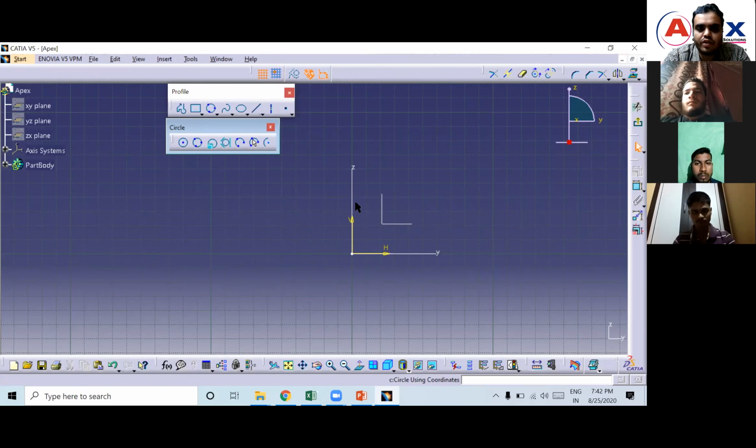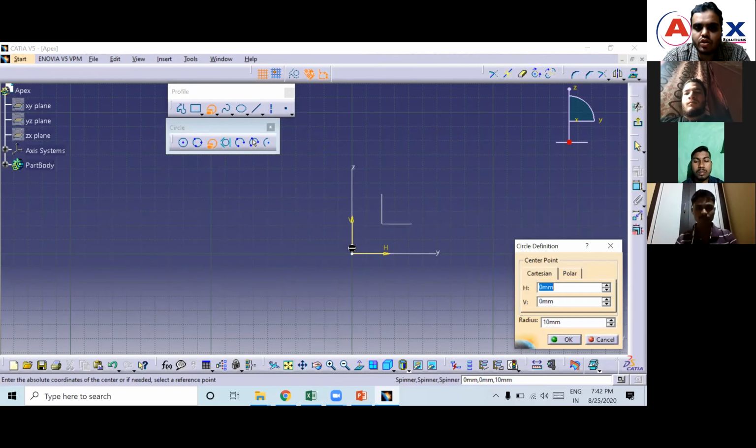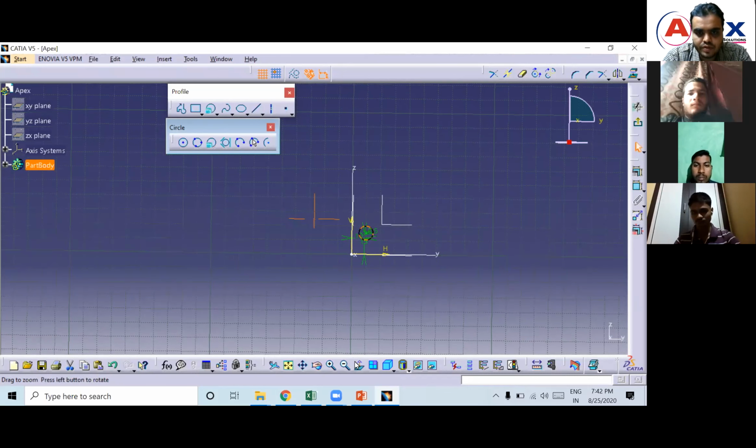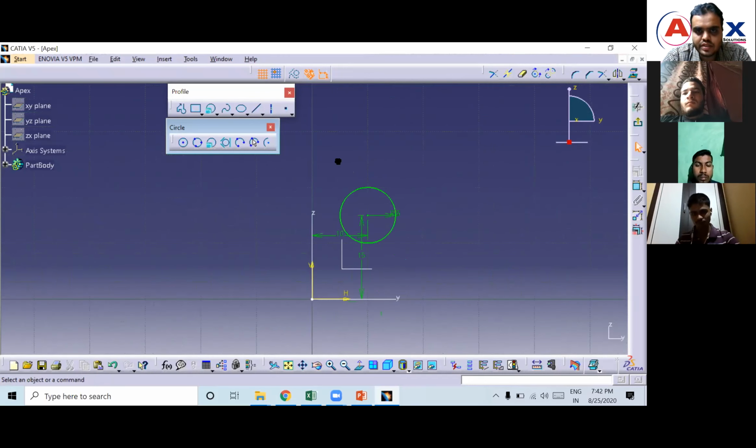So here you just see, whatever sketches you create, you have to create with respect to this origin. Okay. So this is the origin axis. So with respect to these axes, you need to create. See here, I will give horizontal distance as 10, vertical distance as 15, and radius I will give as 5. Okay. See here. So if you zoom this, if you keep this in a normal view, see here. Horizontal distance we have given 10, vertical distance 15, and radius we have given 5. All of you got it?